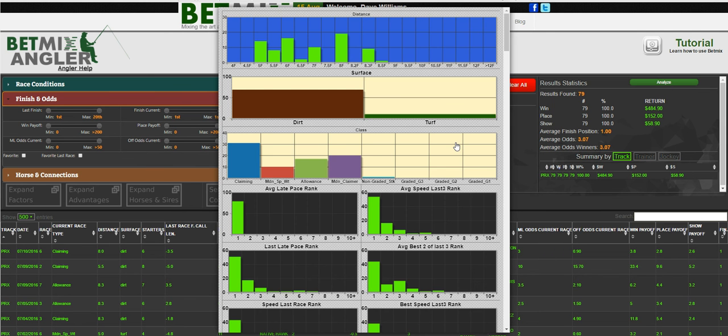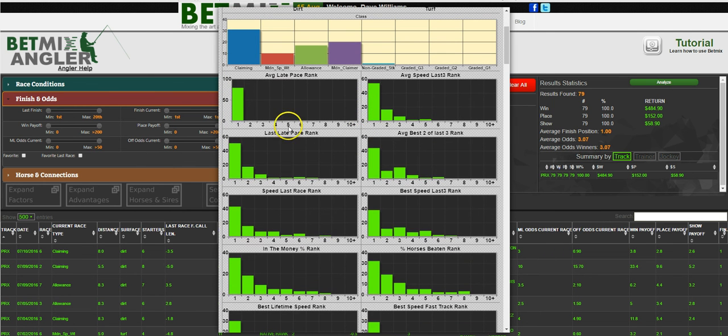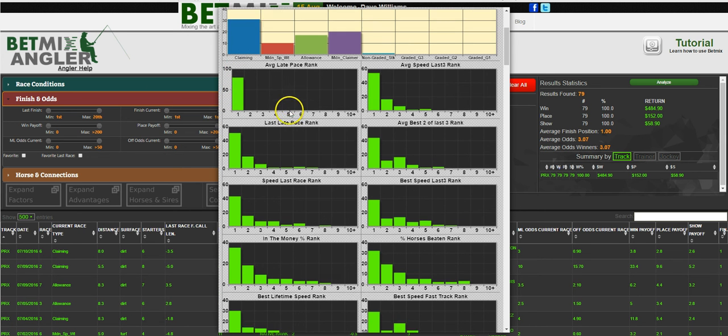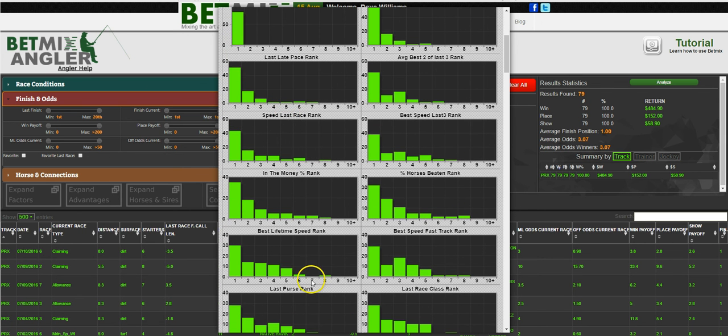And the bigger the sample is, it's going to take a little bit longer. So I can go down here. I know that they're all, well, it says all of them are ranked first in average late pace. Well, that's because we set that advantage to 5. But I want to go down here and start finding some things that